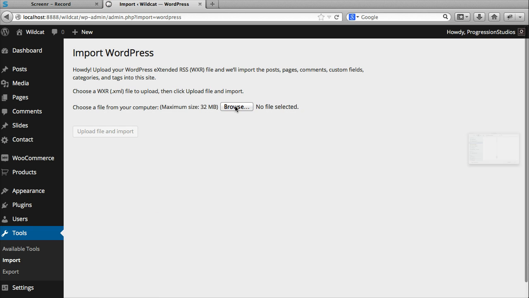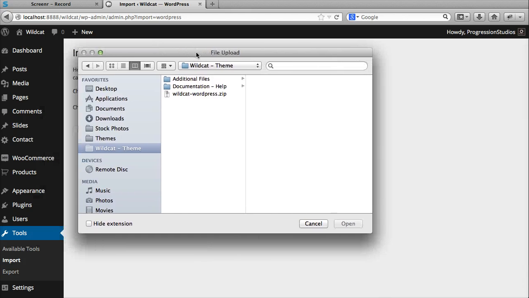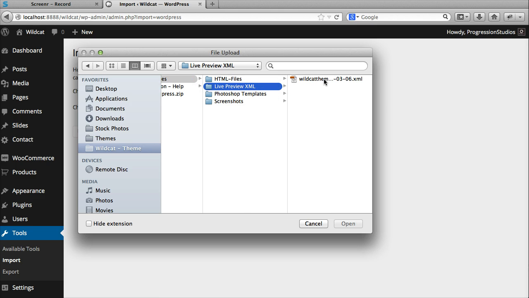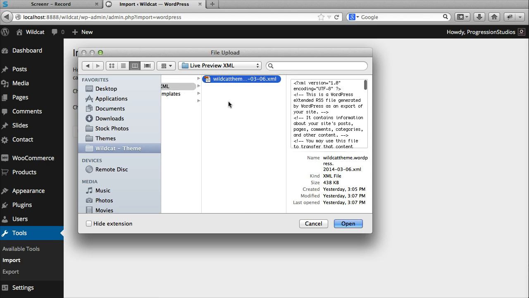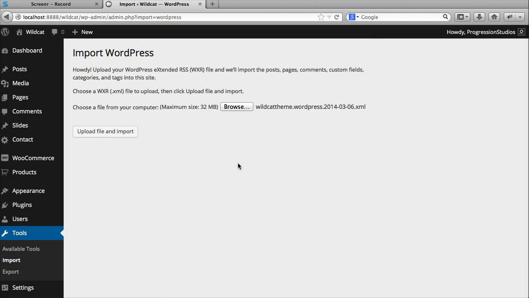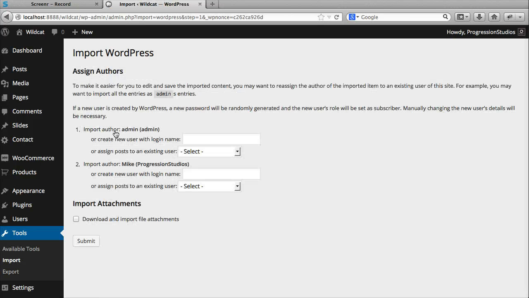So we're going to browse through our files. And once inside your download from ThemeForest, you'll have this additional files folder, and then this live preview XML folder, and there's only one file in there, so that's the one you select. We're going to go ahead and click on that, and we're going to click Upload File and Import, and then